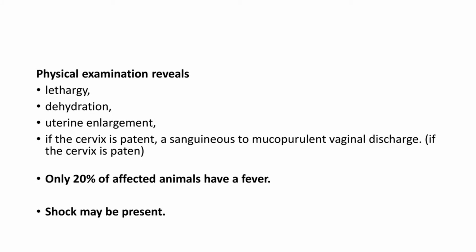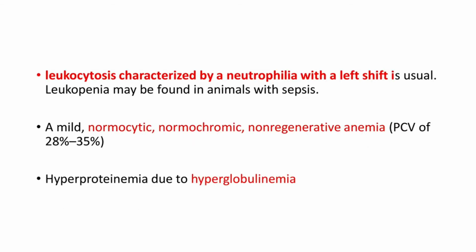Physical examination reveals lethargy, dehydration and uterine enlargement. If the cervix is patent, a sanguineous to mucopurulent vaginal discharge is present. Only 20% of affected animals have a fever and shock may be present. The leukogram of animals with Pyometra is variable and may be normal. However, leukocytosis characterized by a neutrophilia with a left shift is usual, and leukopenia may be found in animals with sepsis. A mild normocytic, normochromic, non-regenerative anemia with a PCV of 28 to 35% may also develop, and hyperproteinemia due to